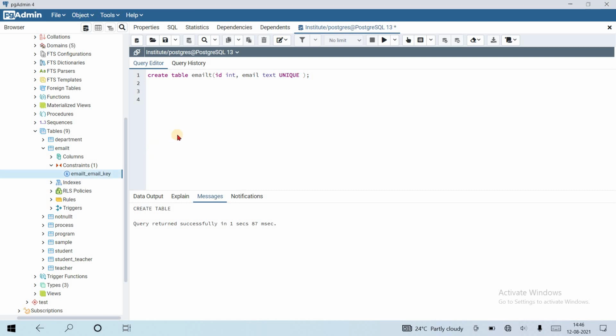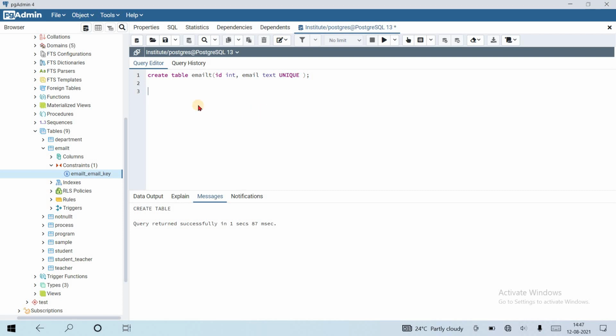This is the format of naming a unique constraint: table name underscore column name underscore key.